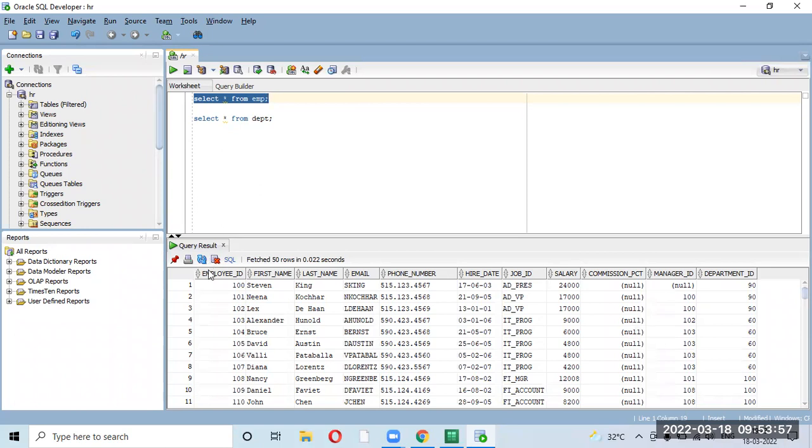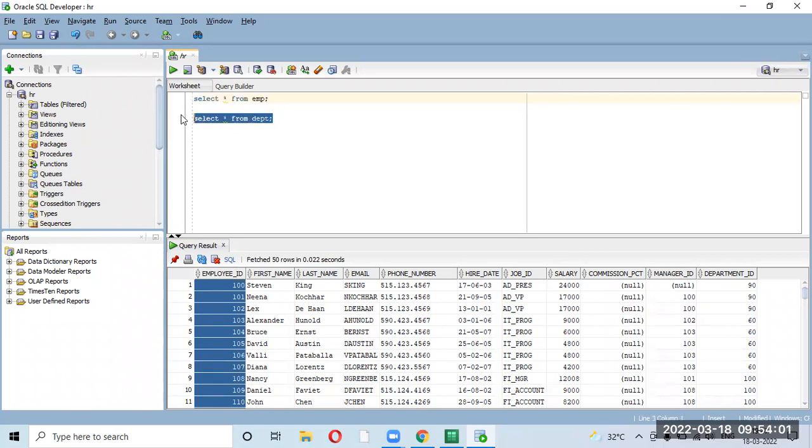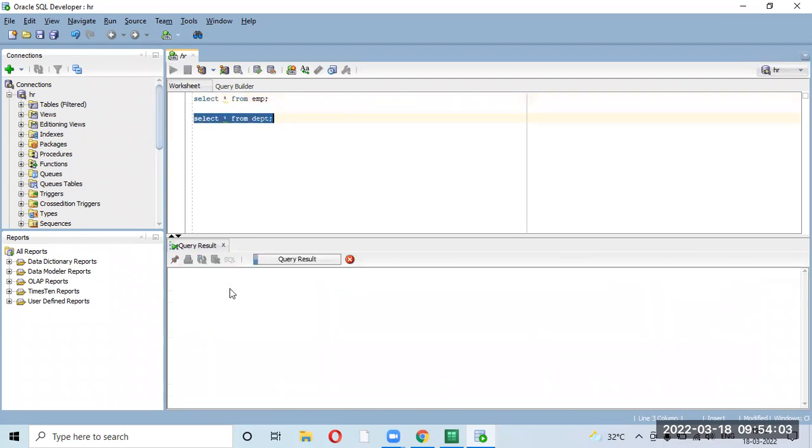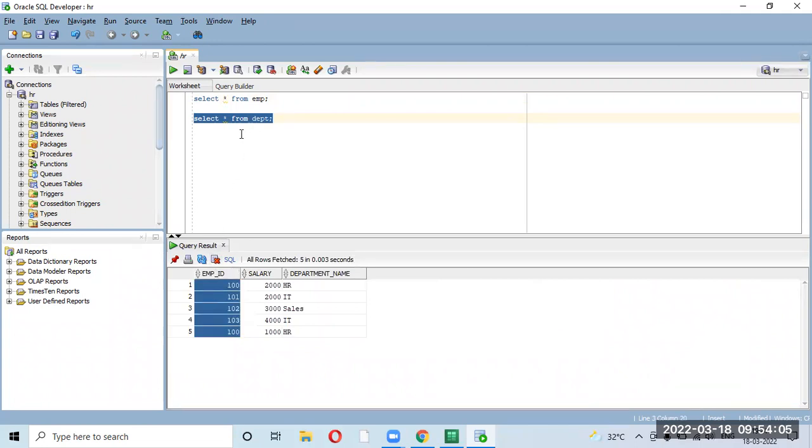Here you can see employee ID is there, and in the department table you will also have employee ID. It doesn't mean that the name will be the same; the name can be the same or different. Technically speaking, if only the data type matches you can also join, but that is not the correct way.